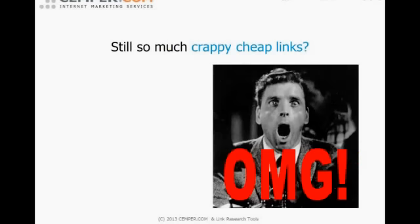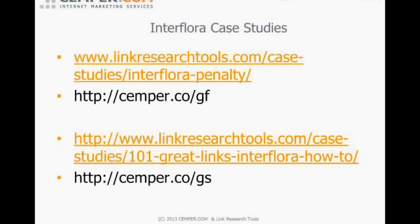Oh, okay. So I'm sorry. When I looked at Interflora, I saw that they have so many crappy and cheap links still in the link profile that the editorials were just the tip of an iceberg. And I created these 2 case studies that we have on the site as well, or visible via the short link that you see here, where you could see not only the link wheels and the cheap paid blog posts and the negative links, but also 101 great links that I think Interflora could build today